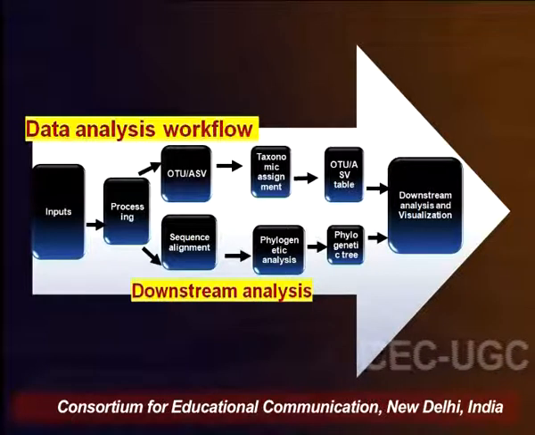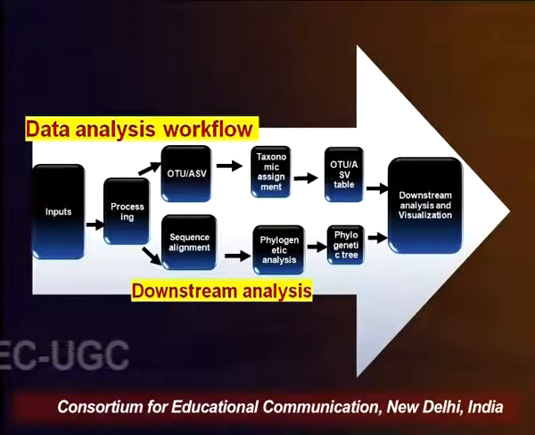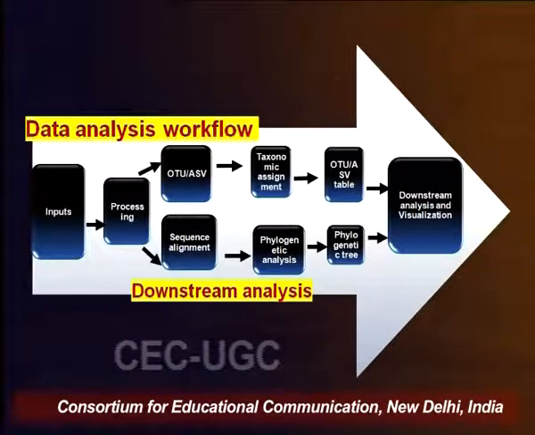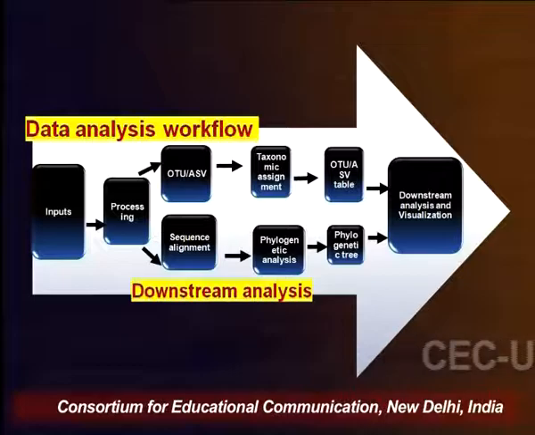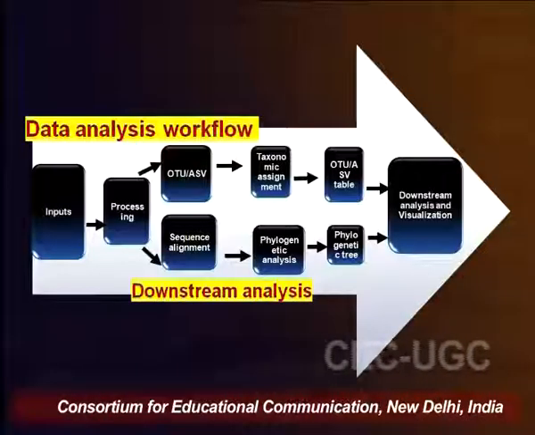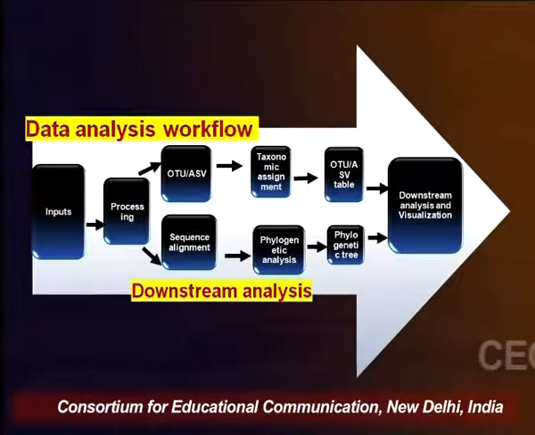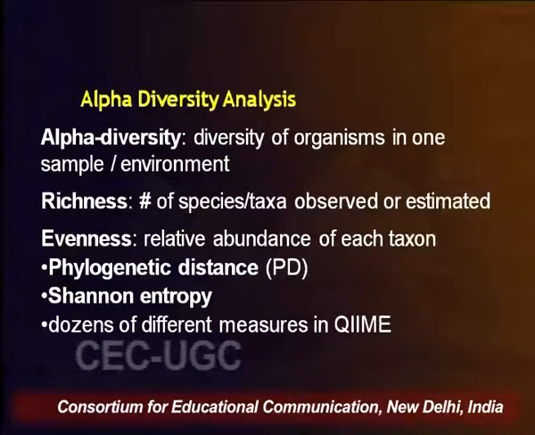So with either method, we use OTU picking and get an OTU table, and if we use phylogenetic analysis, we get a phylogenetic tree. I think I missed one tree. Yeah, I showed you this. So we reach the downstream analysis. Either method we used, ultimately what we want to do with this data is